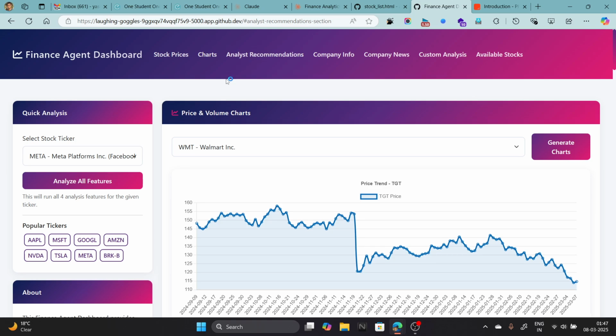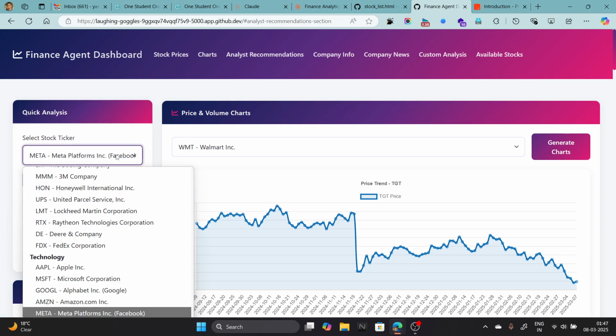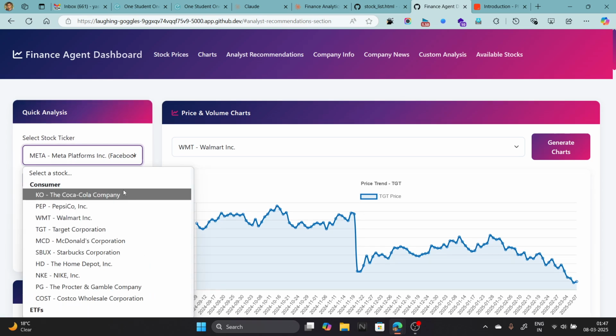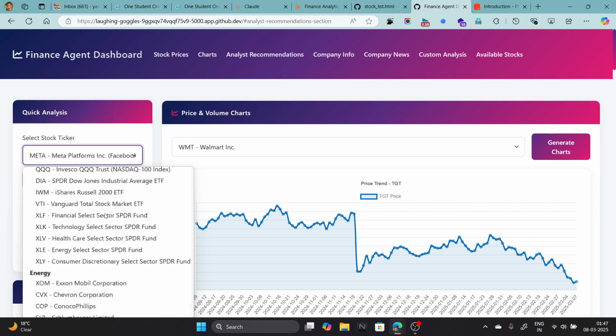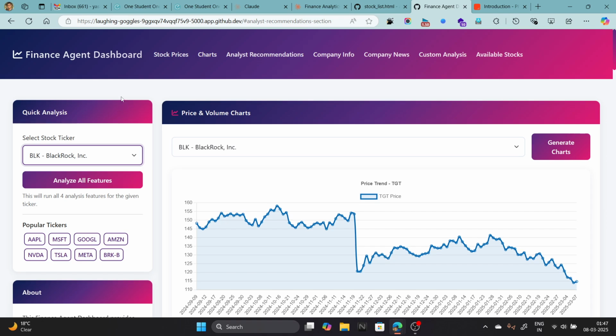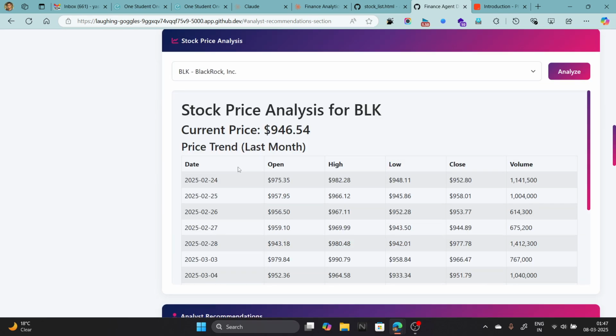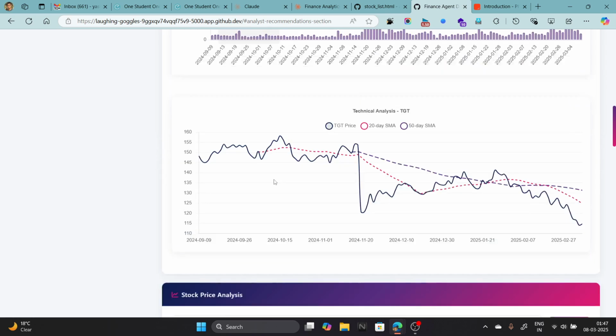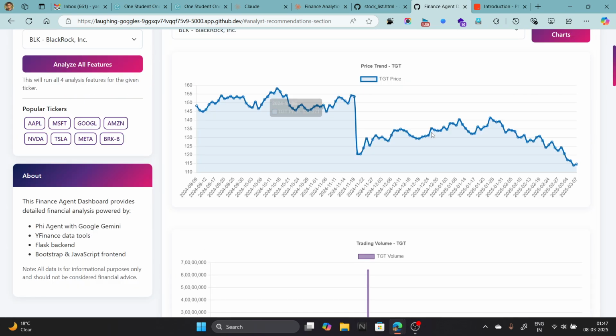Today in this video I am going to demonstrate my financial agent dashboard. So basically this dashboard will help you make a financial decision. Here you can see all the stocks listed on the New York Stock Exchange. If I select one stock and select the all feature, basically what this feature will do, let me